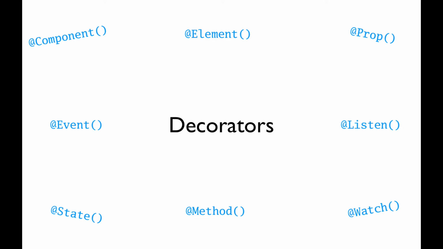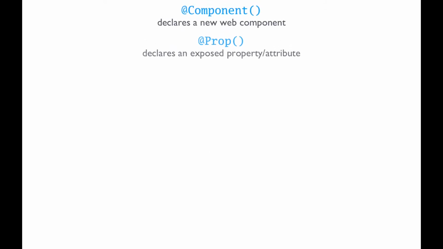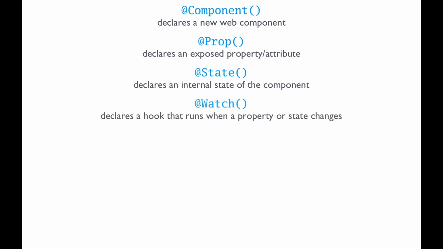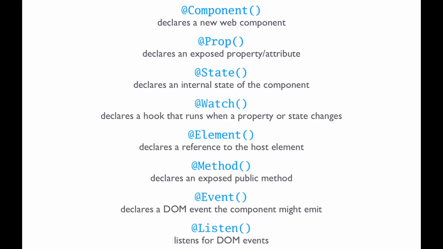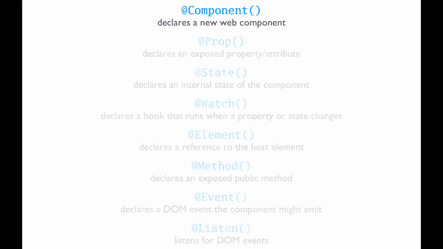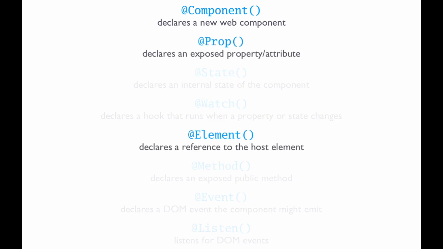During compilation, Stencil gathers all this metadata and removes the decorator from the final output. Stencil uses 8 decorators, most of which are situational based on what we need our component to do. In this video, we'll look at a few of the most used decorators: Component, Prop, and Element. In future videos, we'll look at how to utilize internal state and reactive data with the State and Watch decorators, how to expose public methods with the Method decorator, and how to emit and listen for events using the Event